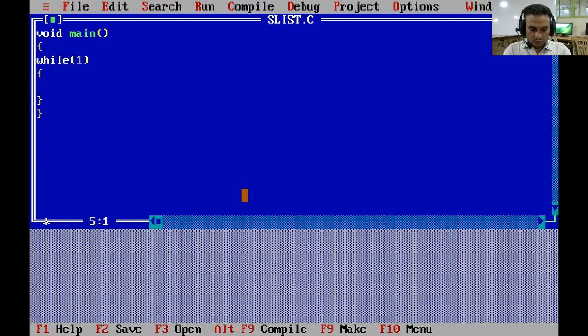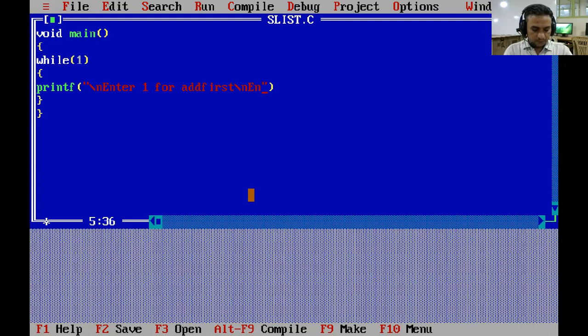So here we are providing a menu using printf. \n for new line. Enter 1 for add first node, or enter 1 for adding a new node at the first position in our linked list.